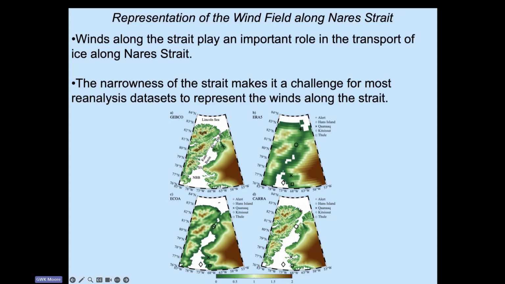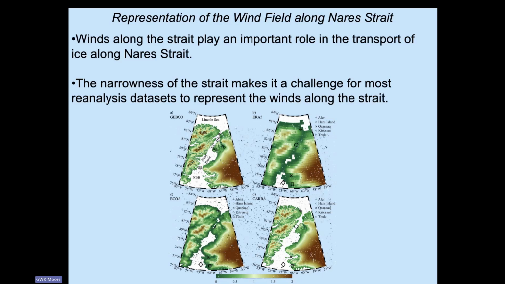And as I'll talk about in a minute, there is actually some met data from a weather station at Hans Island here. But you can see the challenge using, for instance, ERA5. There's definitely some sort of valley, if you like, down through here, but it's definitely not capturing the really steep topography. The 9-kilometer product does a better job. It actually has the open water of the Kane Basin, but you can see how much better CARRA is. So CARRA, I think, is a really wonderful tool because it allows us to resolve the topography and the interaction